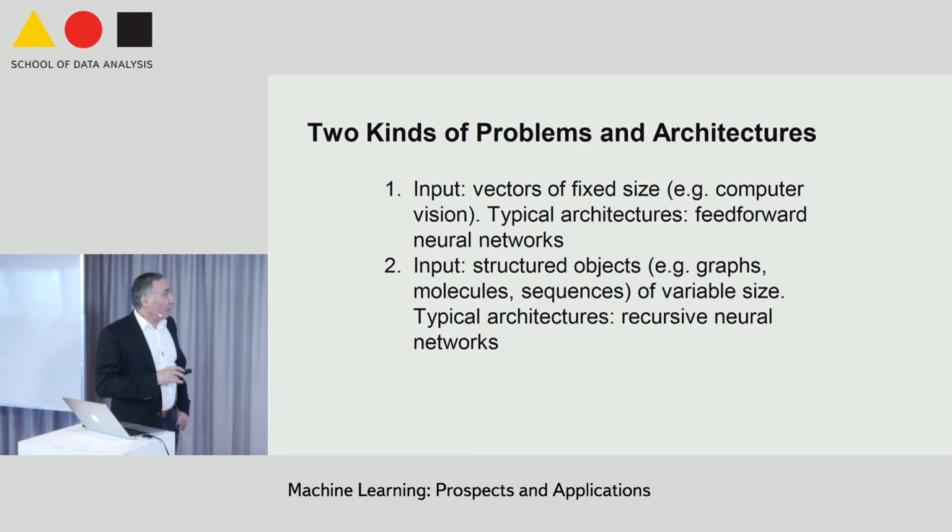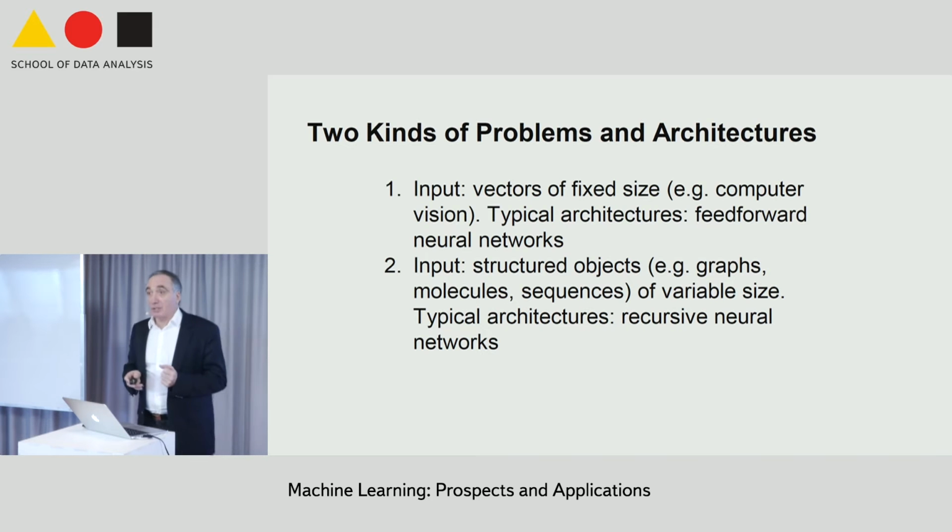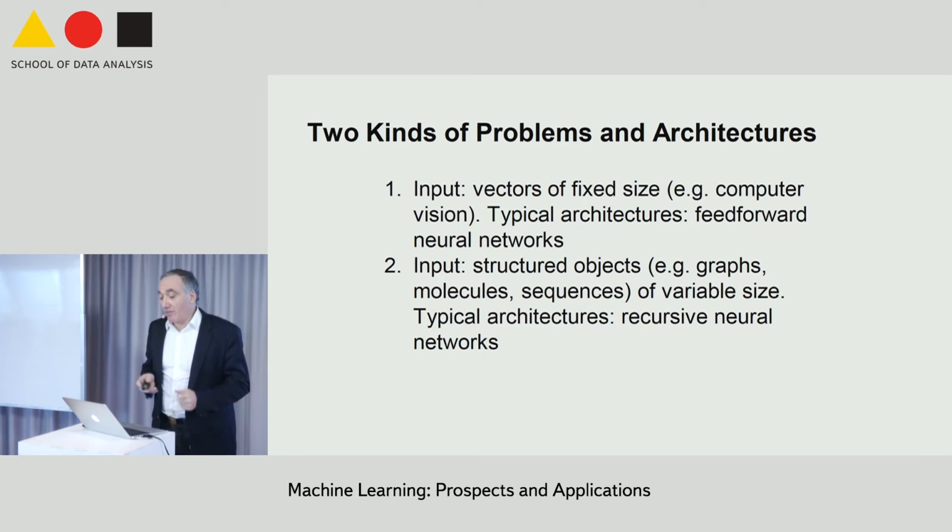So let me just say a word about the design of recurrent architectures. When you have inputs that are fixed vectors of fixed size, you can use a feedforward architecture with or without weight sharing, etc. The problem is when you're dealing with data that is of a different format, where the vectors or whatever objects you're dealing with vary in size. For instance, sequences, DNA sequences, protein sequences, they're variable length, and they are not vectors